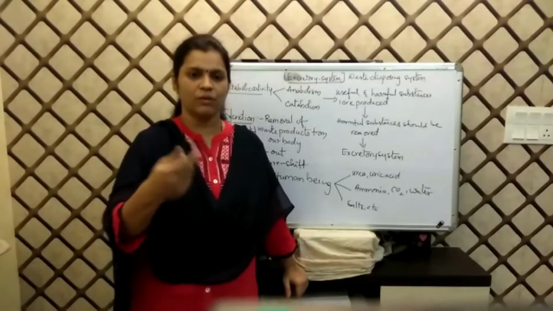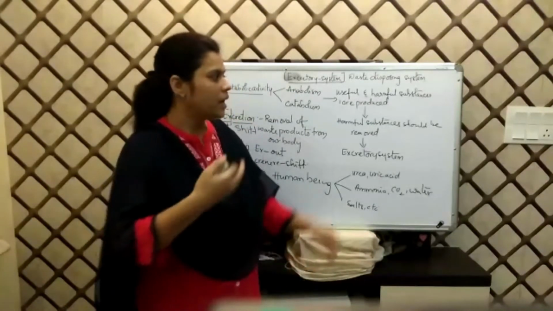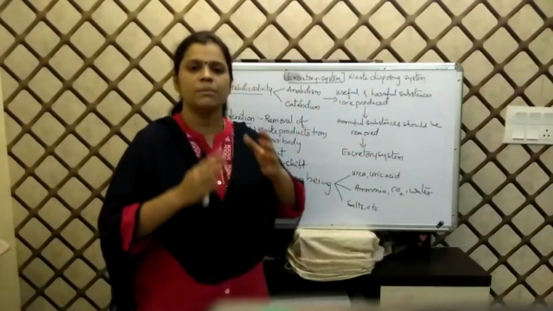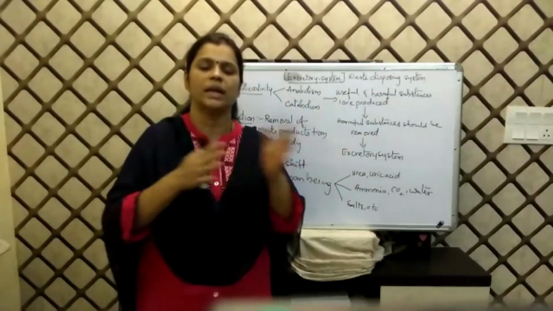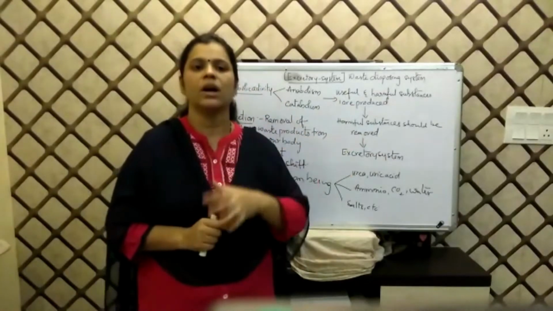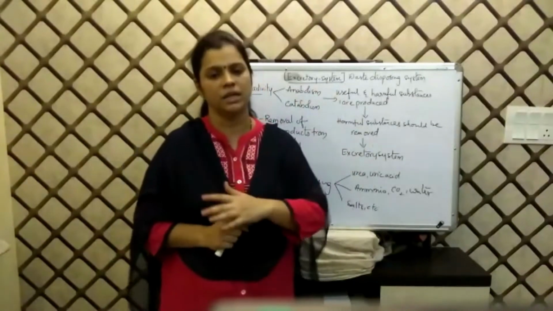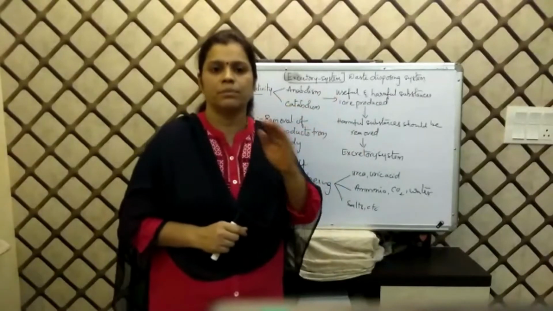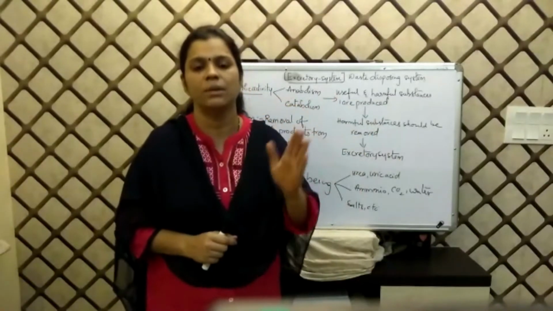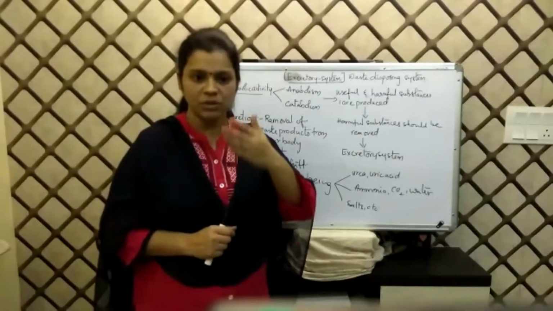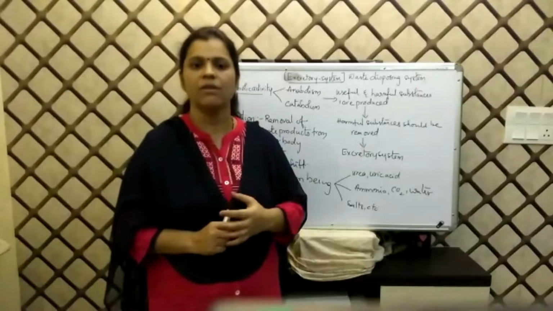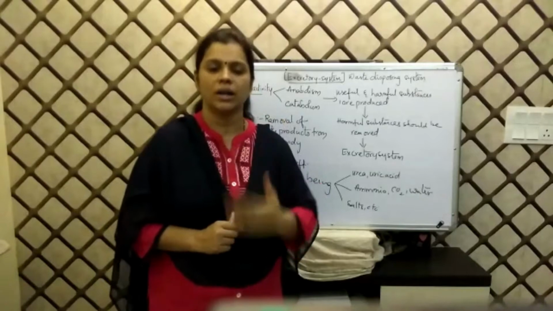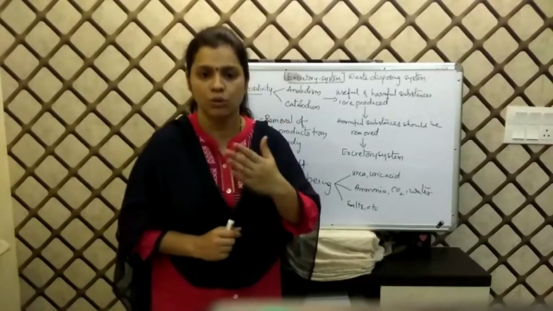Now, before we go with this excretion process, these harmful substances which have to be removed from our body need a mechanism, a system to eliminate them. In all living organisms, starting from unicellular to multicellular, they have their own mechanisms, organs and systems to do this work of eliminating waste materials. When it comes to excretion in human beings, we have a very highly developed, evolved, complex structural organization of the excretory system to do this work.